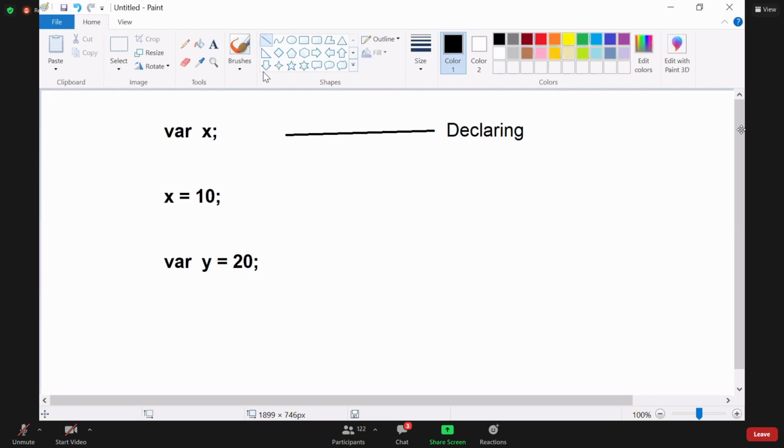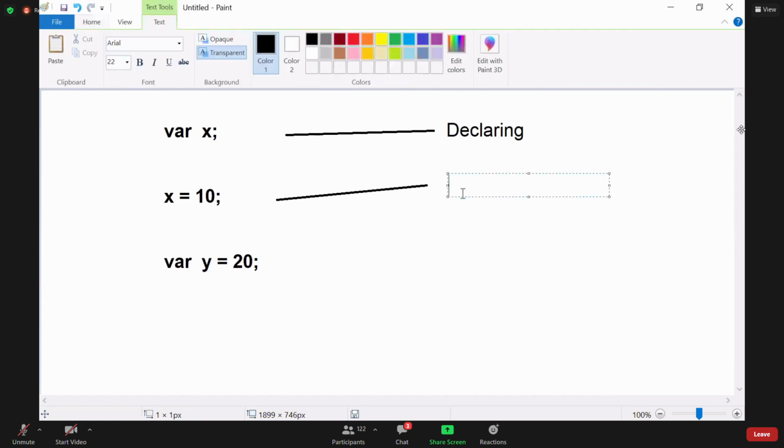After declaring, you are sending a value into it. By mistake, many people call this initializing. But it is not initializing, it is assigning.